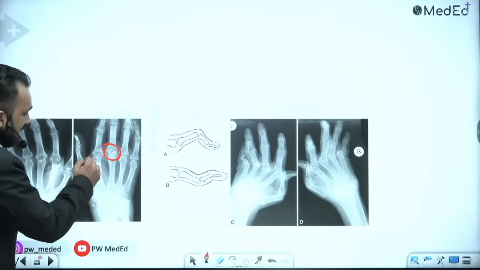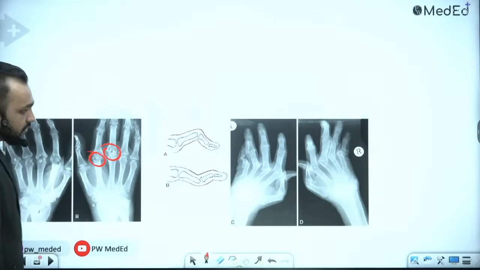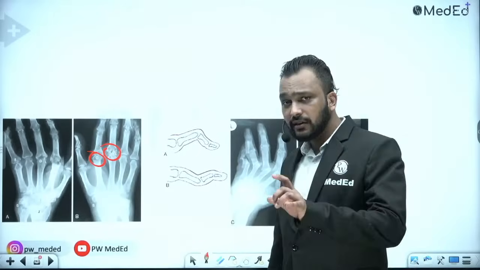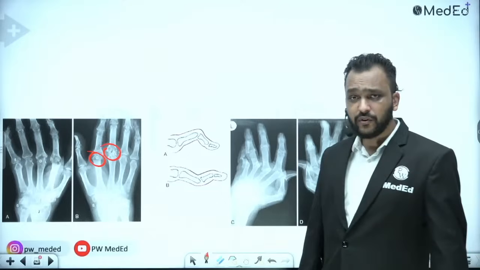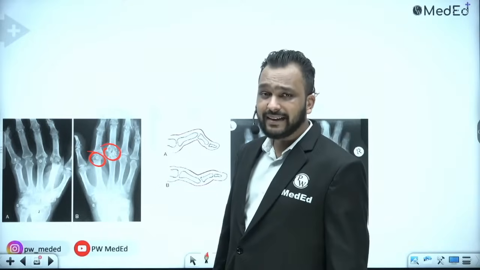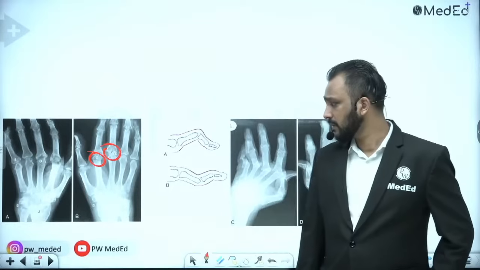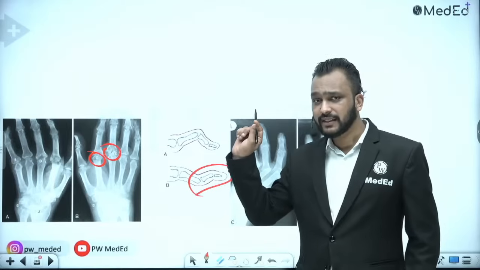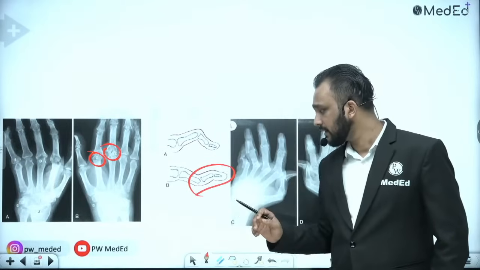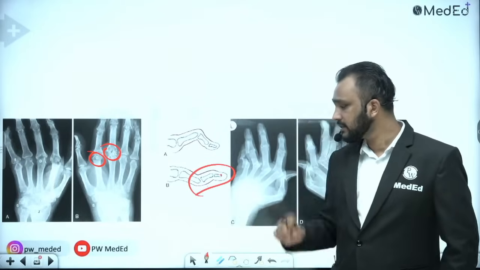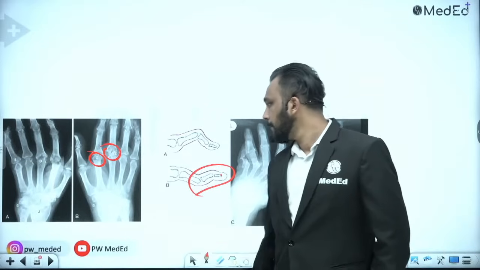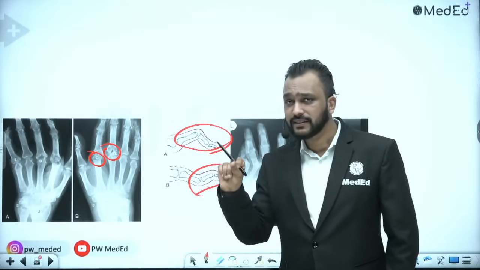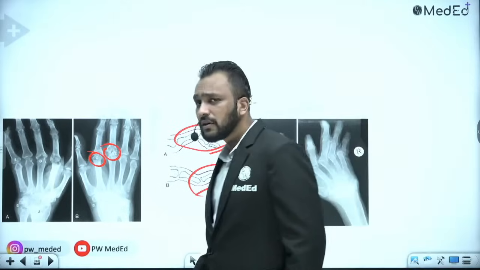There will be juxta-articular osteopenia in this patient, right? If you look at the fingers of the hand, there are a few deformities. One is boutonniere deformity, and the other is swan neck deformity. In swan neck deformity there will be flexion of the DIP and extension of the PIP. But when there is flexion of PIP and extension of DIP, it will give a deformity that is your